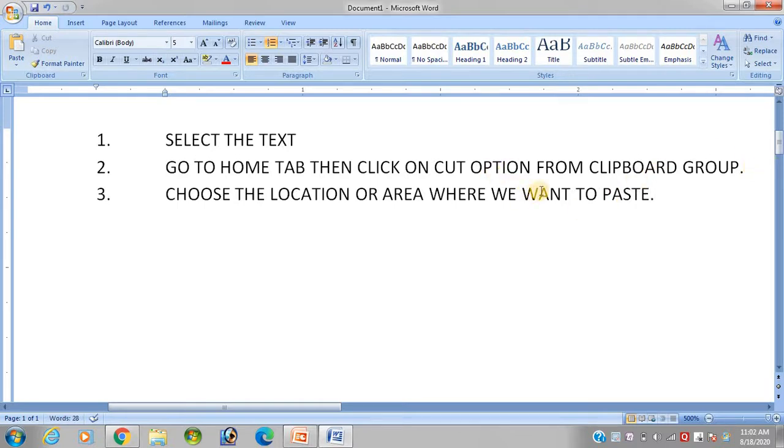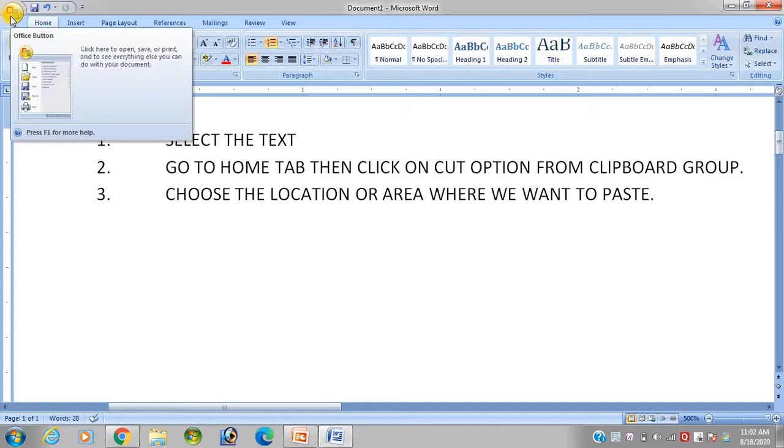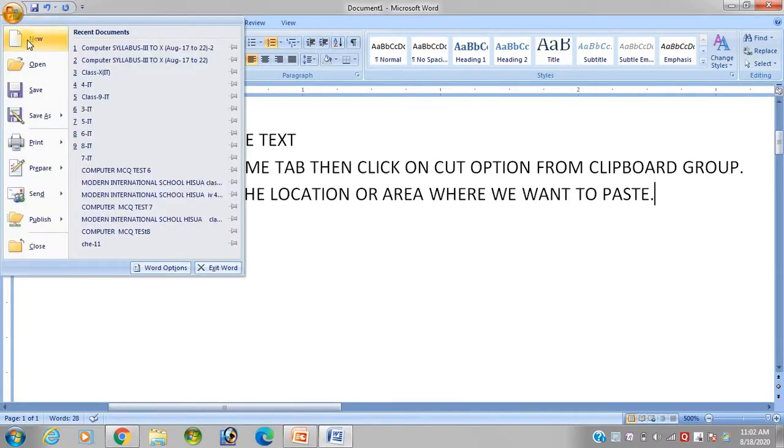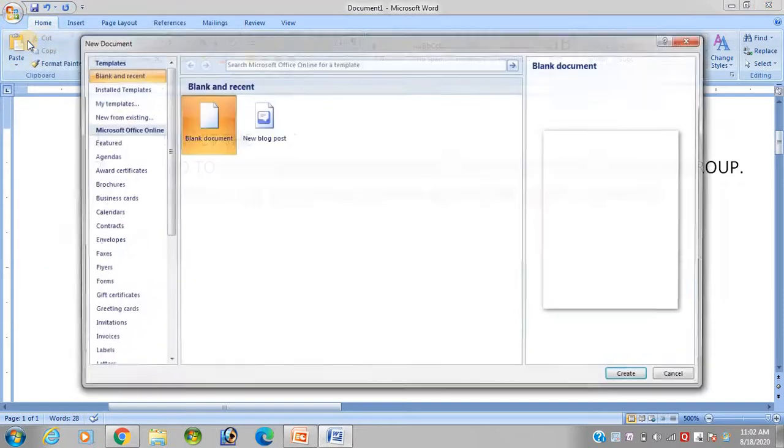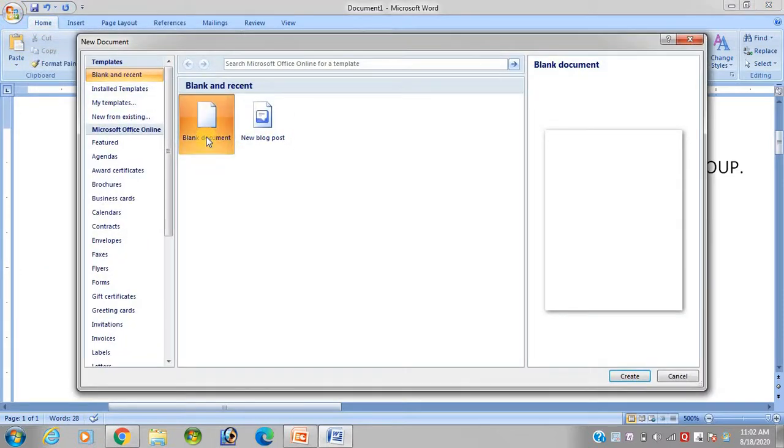First of all select the text, then go to the Home tab, then click on the Cut option, then choose the location or area where we want to paste. Suppose again click on the Office button, again click on the New option. Okay student, click on the blank document.